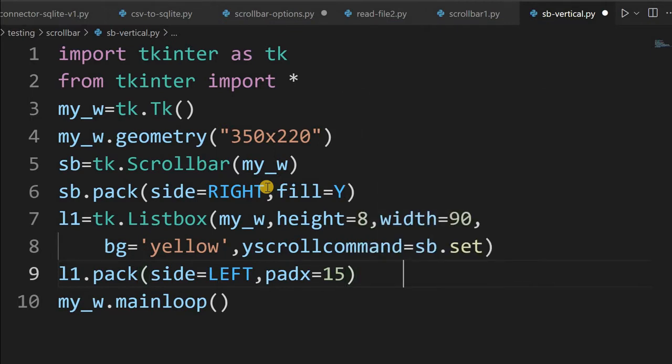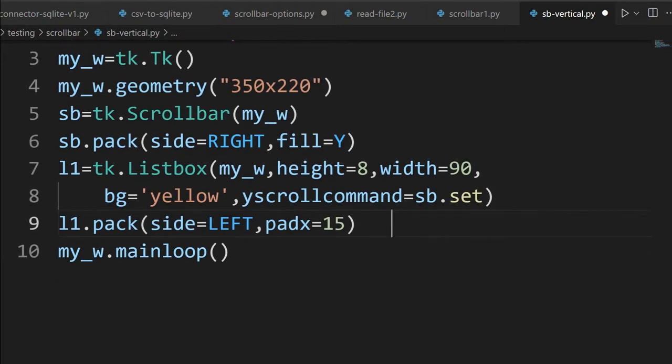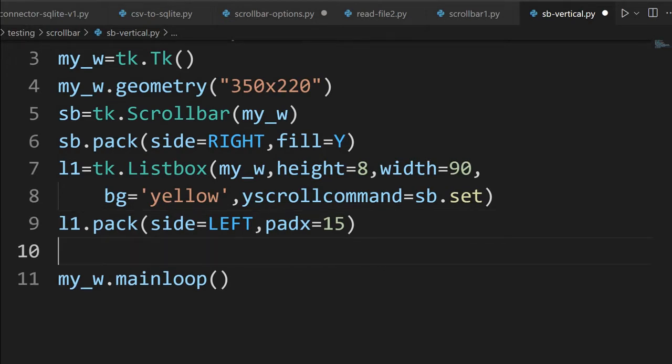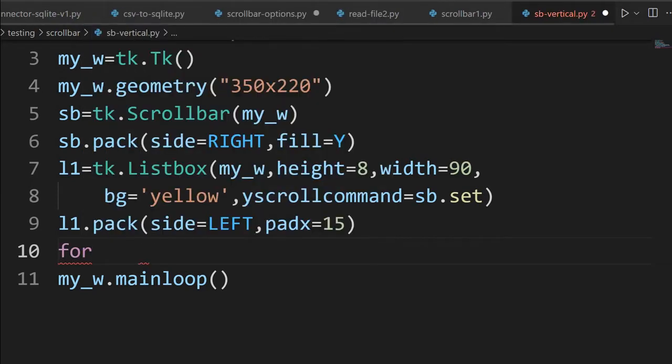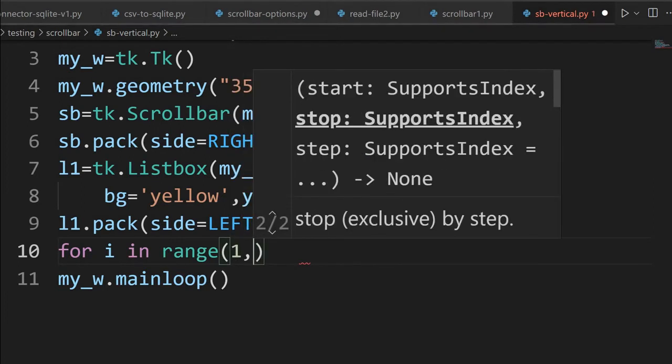Now let's fill the list box with some data, so that you can see the requirement of the scroll, so you can scroll it. For that we need not type all the data whatever we want to place inside the list box. For that we'll use one for loop. For i in range, this is 1 to 40.